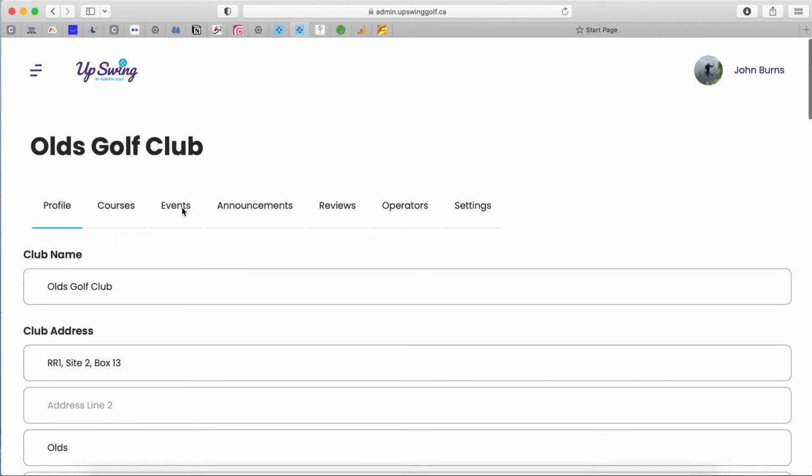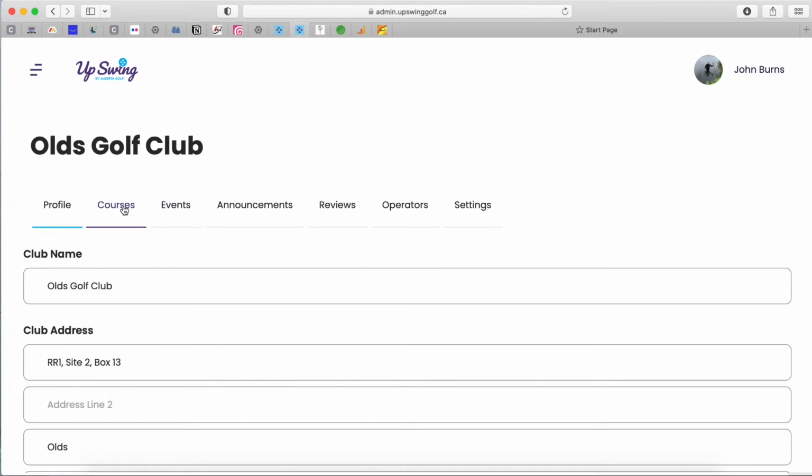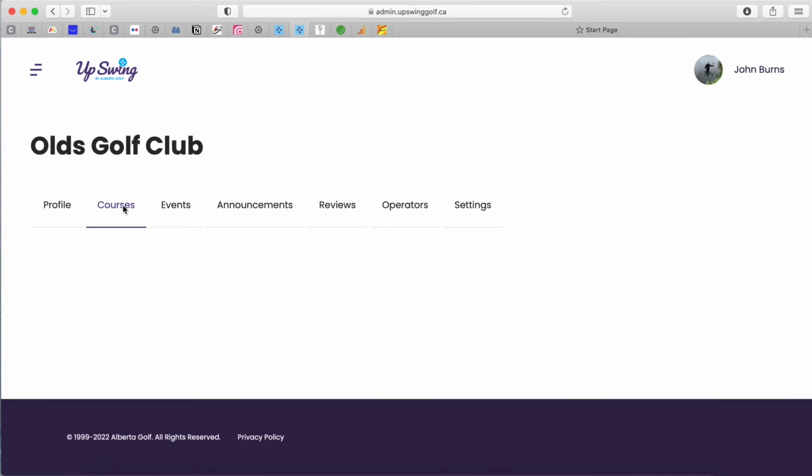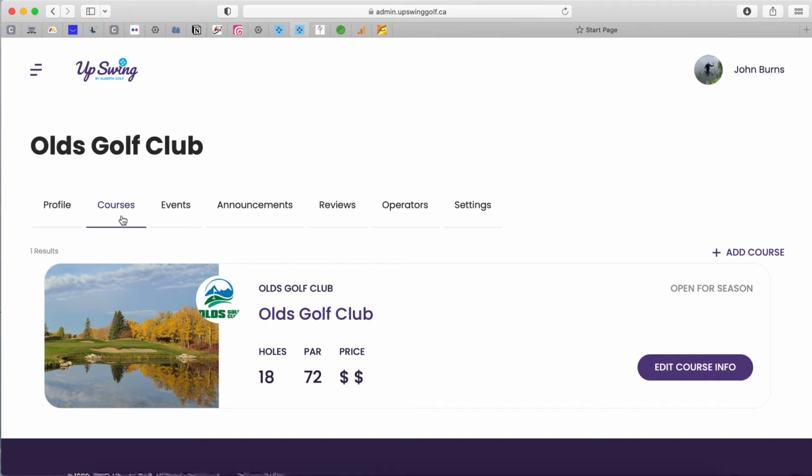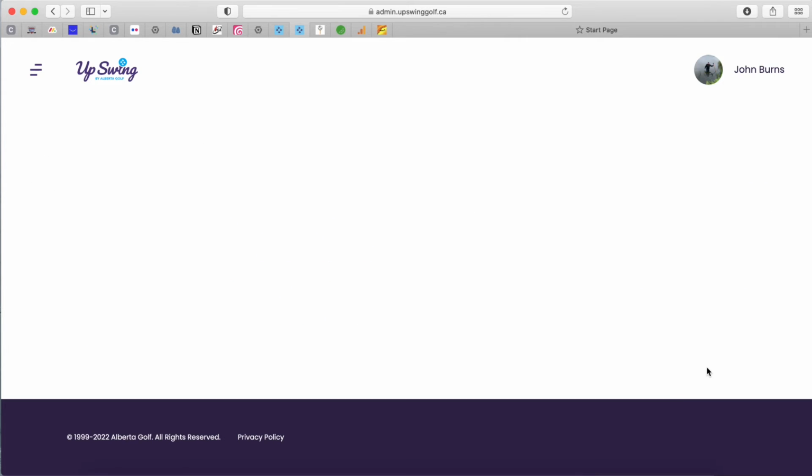Going back to the top, you'll notice it says courses. When you click on courses, here is the golf course. Now it says courses because many of the clubs have more than one course, such as the Play Calgary group. So for our purposes and your club, for Olds, we go to course, edit course profile or course information right here. So when we go there,